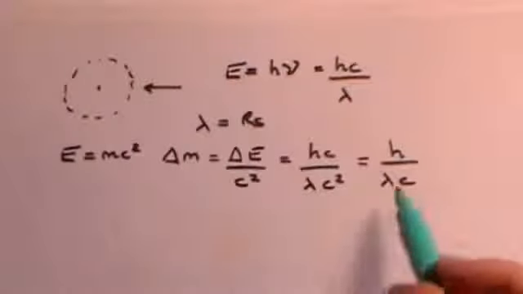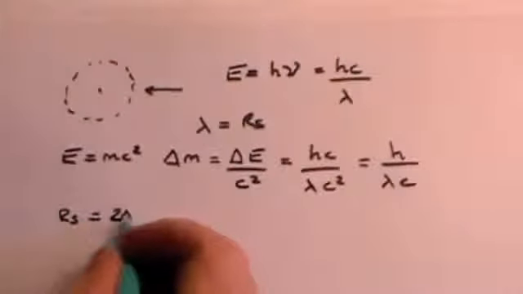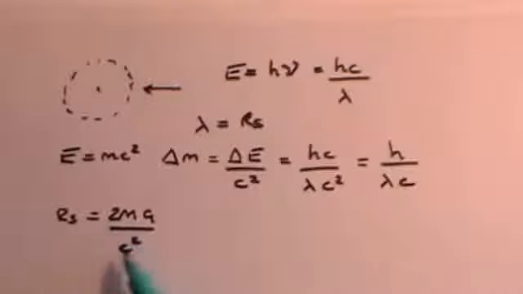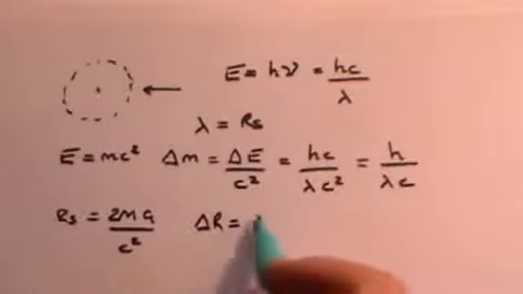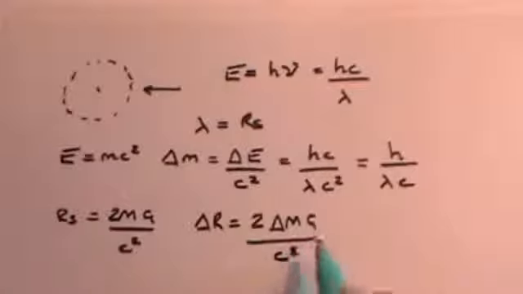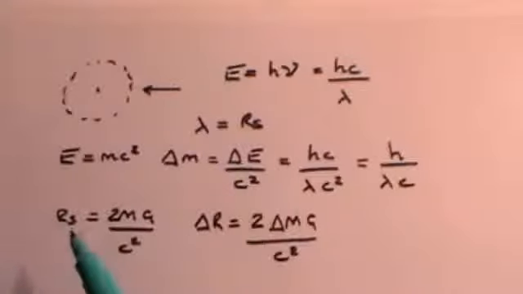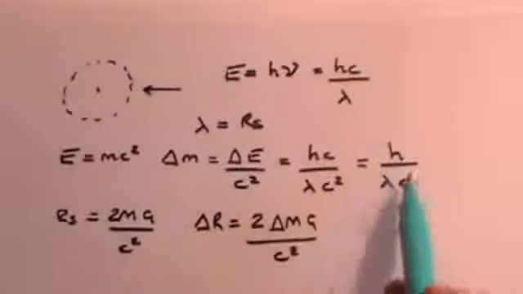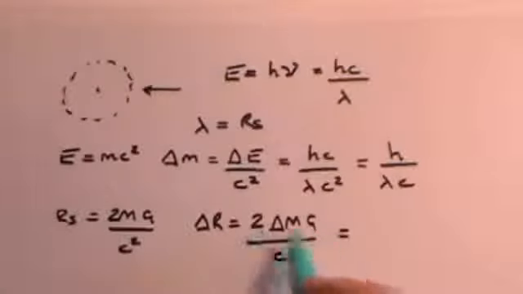Now we have said that lambda is Rs, and we know that Rs is equal to 2mG over c squared, because we calculated that earlier in this video. If we take this formula and ask how the radius varies with increasing mass, then you would simply say that delta R, an increase in radius, will equal 2 delta m G over c squared, because that just falls out of that. A small increase in mass leads to a small increase in the Schwarzschild radius. But we can substitute for delta m what we calculated here with lambda equal Rs. So now we can say that delta R is equal to 2G over c squared